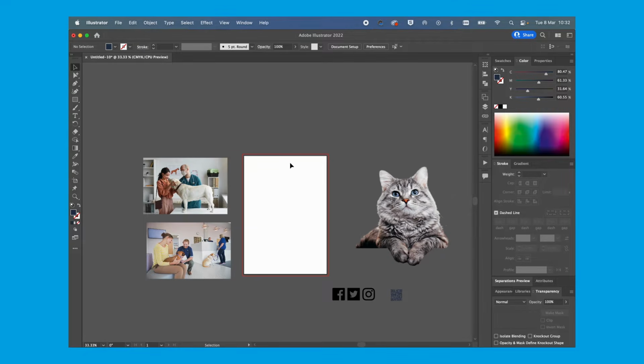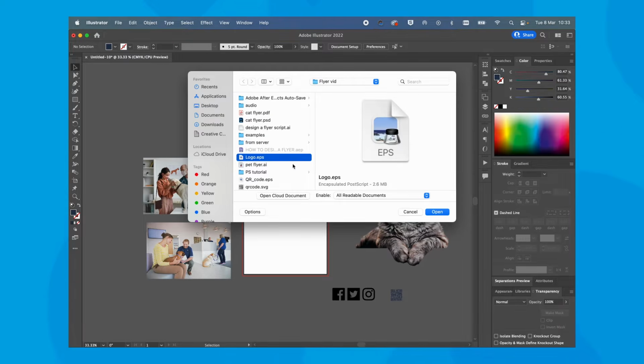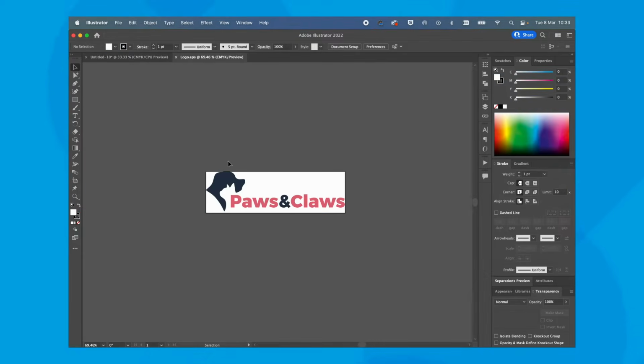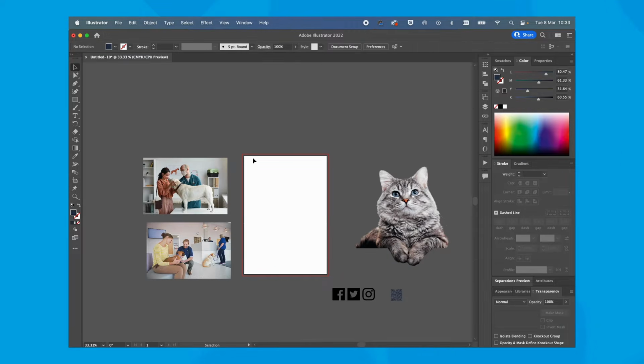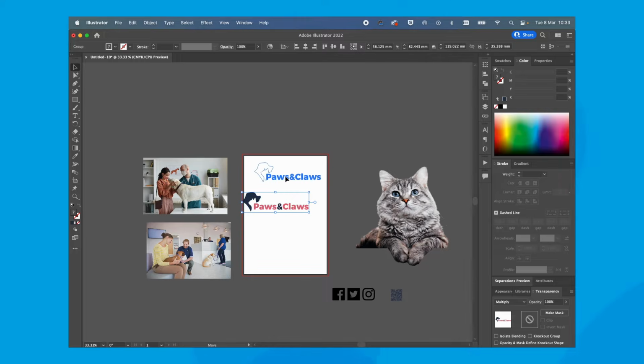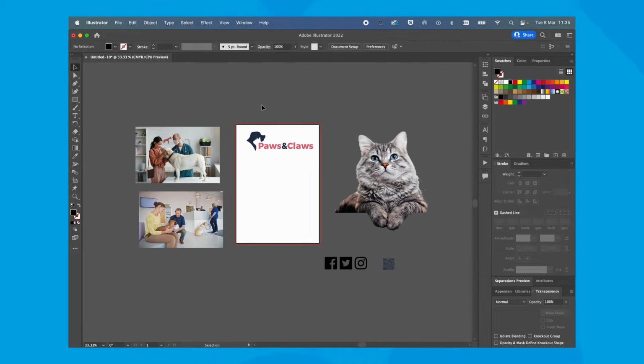I just want to show you this actually. The logo for this job is an EPS file. Now if I was to place an EPS file, it imports it in a way that's not very editable. So the best way to get an EPS file in there is if you go to Open, find the file, and actually copy and paste from here. So I've copied that, close it, and paste it in. That's the best way to get your EPS in, and I did that for these two things as well.